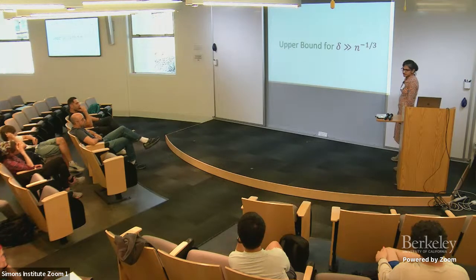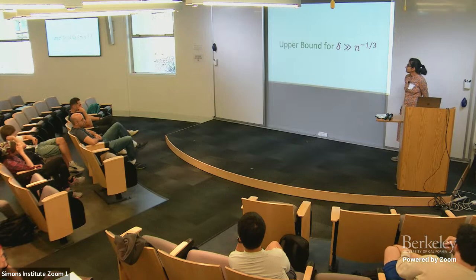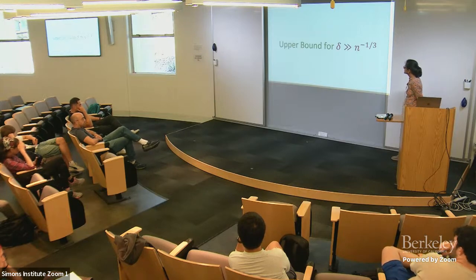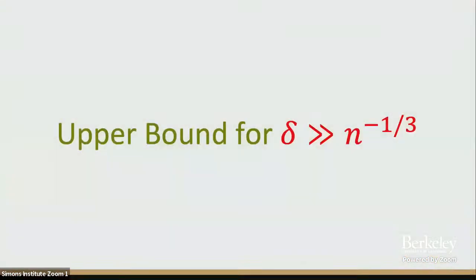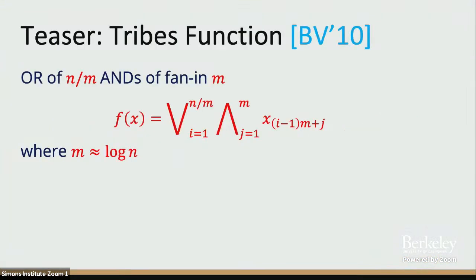Okay, so let's look at the upper bound. What are some techniques for proving the upper bound? So we will look at this tribes function. Basically, you want an OR of ANDs. So you have an n-sized input,